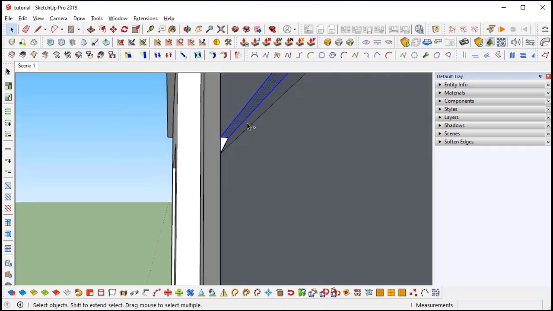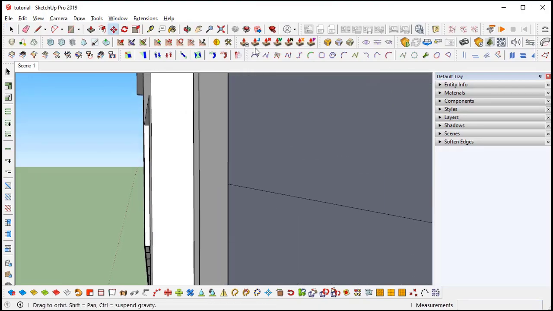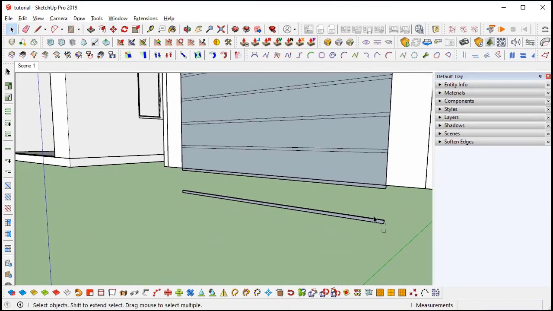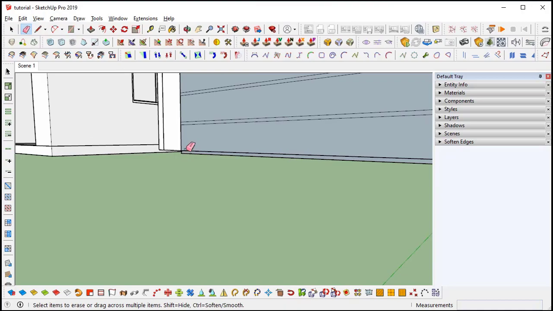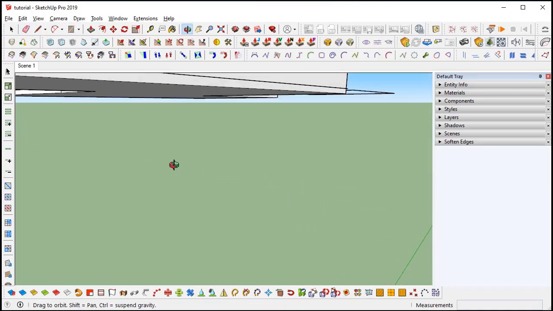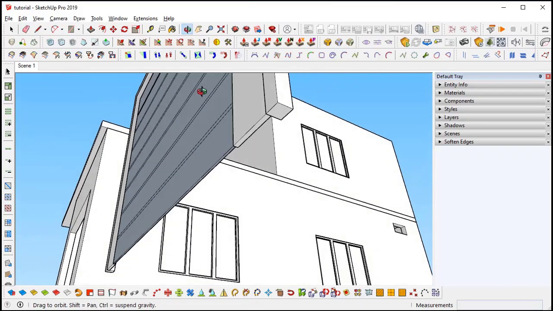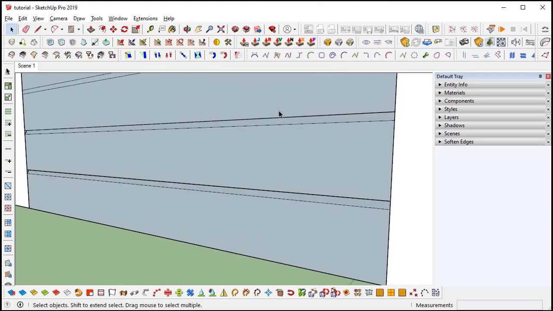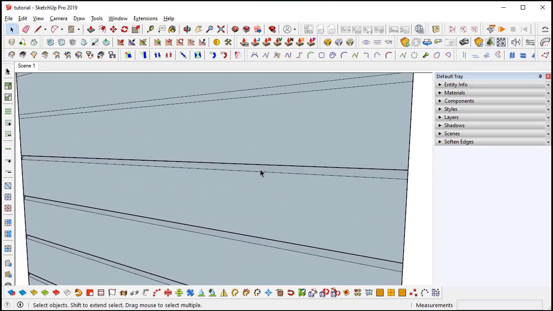And I will select these 2 faces and copy them: select here, move and press Control, use this, and into 8. This one I needed, so select this and delete. Just delete the middle faces, so that it will look like a number of panels.